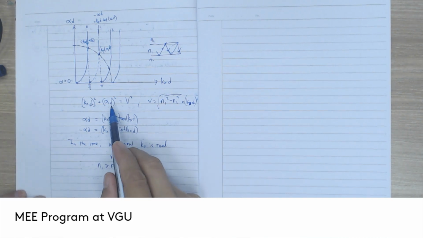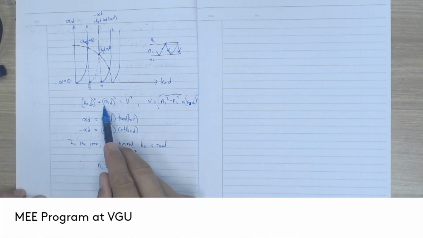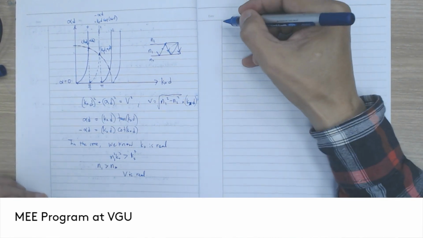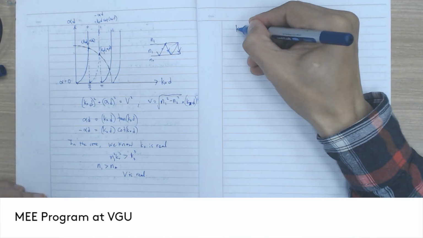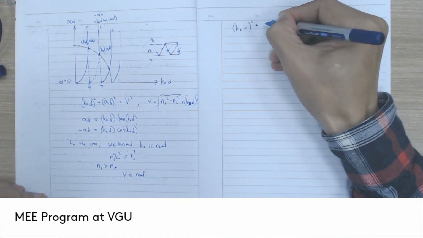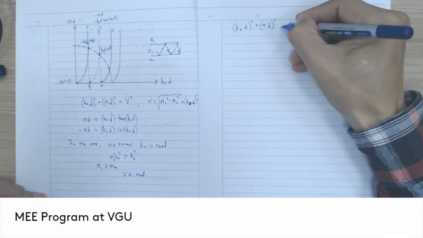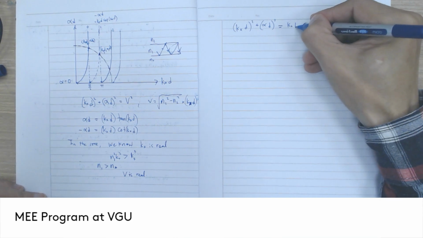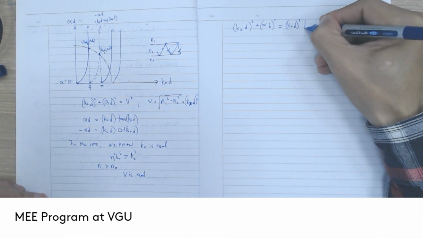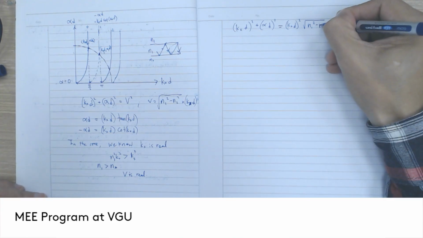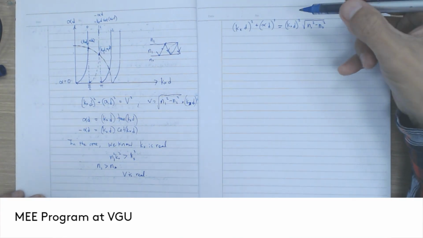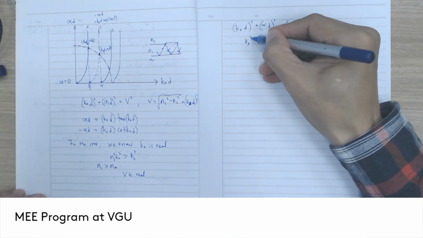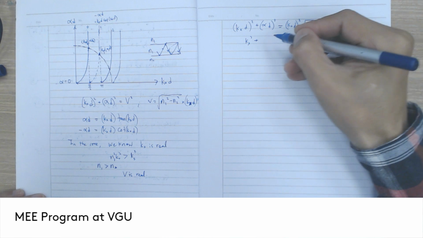And if you take a look at this equation, we have kx d square plus alpha d square, and then we have v square, so kx d, and then n1 and n2 square. So from here, we can say if we remove d from both sides of the equation,